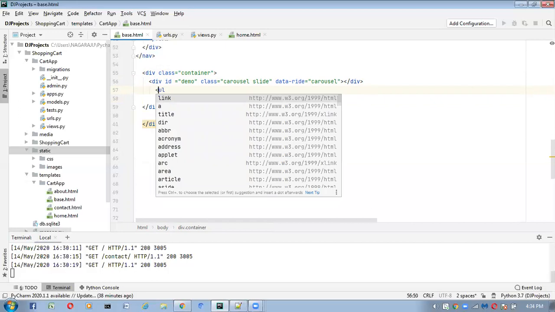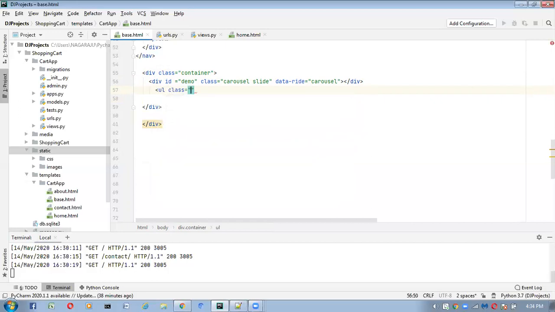I am taking carousel indicators here. What will these carousel indicators do?